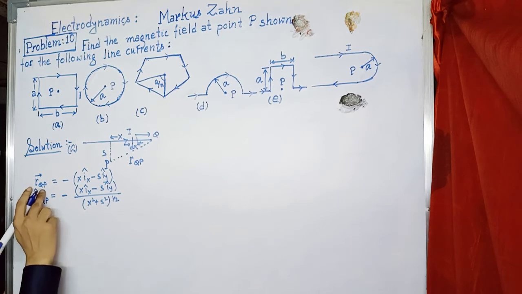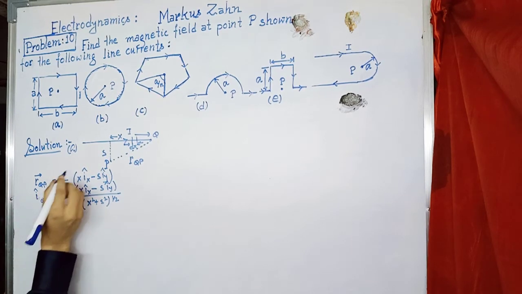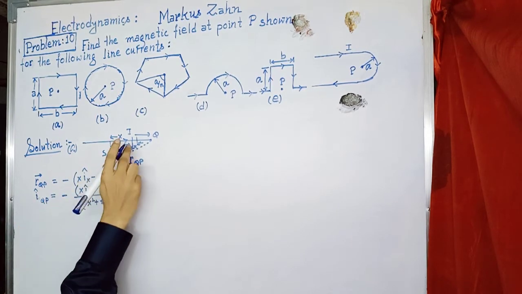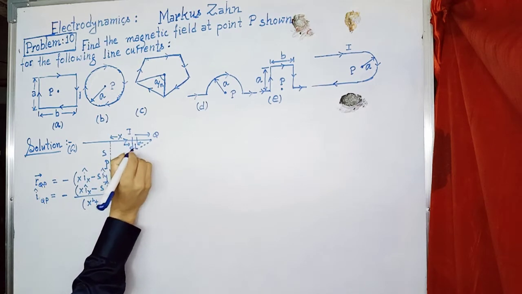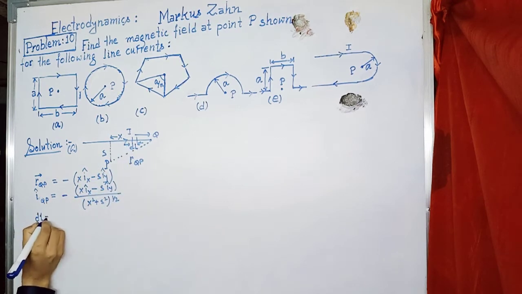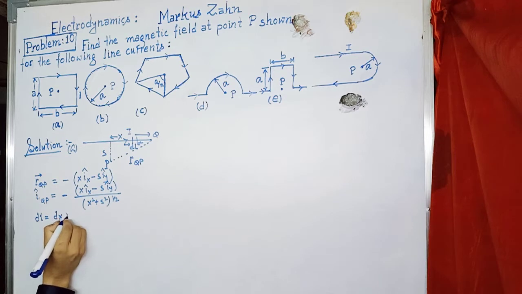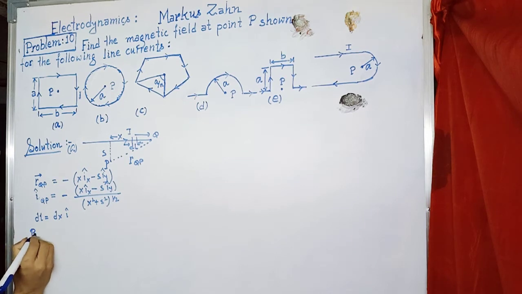And again the length dl is equal to dx ix cap. Now by Biot-Savart law for finding magnetic field, B is given as